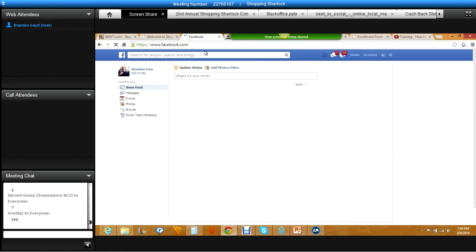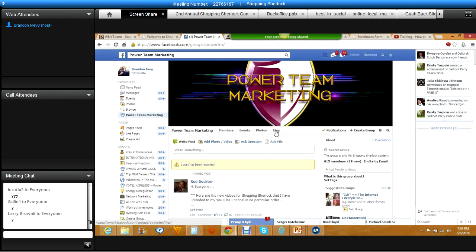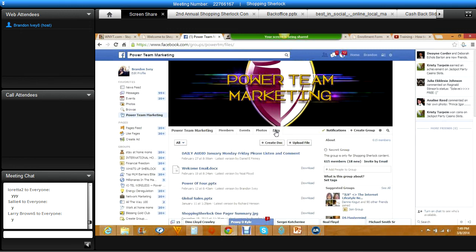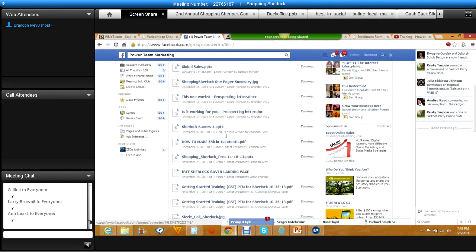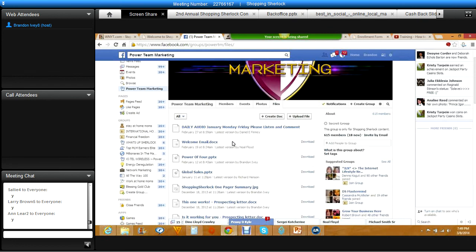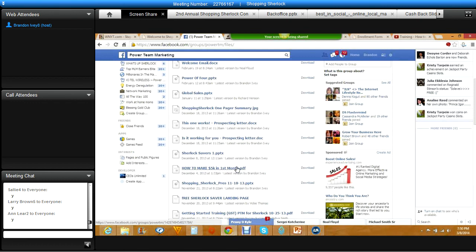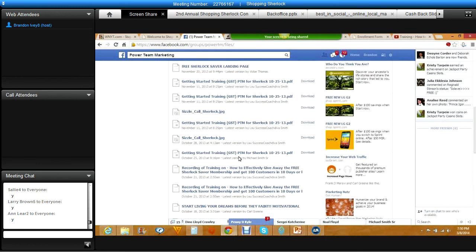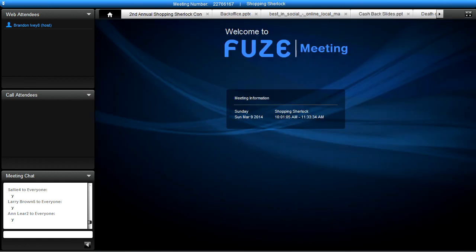On our Facebook group, we have a section here called Files. So you click on Files, and we have uploaded a lot of stuff. For example, daily audio, welcome email that you send out to people on your team who are brand new, Power of 4, global sale, Shopping Sherlock one-page summary. We've got Sherlock Savers, how to make 5K in your first month, Sherlock presentation. So we've got all of this stuff right here, and what I'm going to do is, let me stop screen sharing, I'm going to click on it right now, upload file,